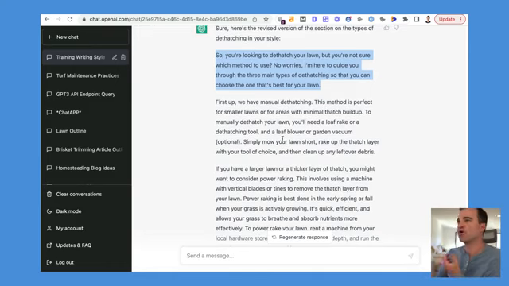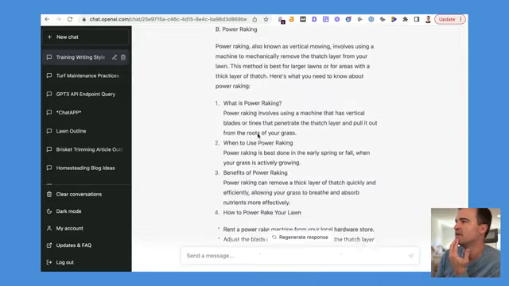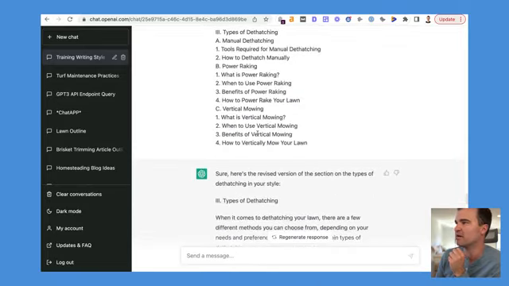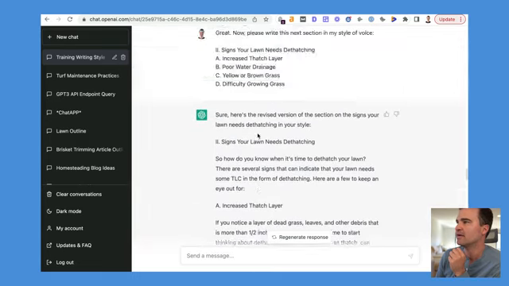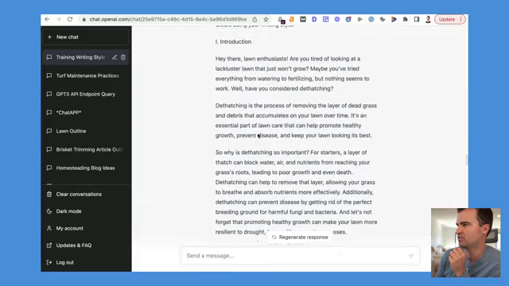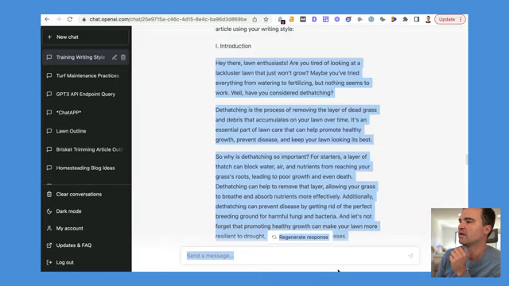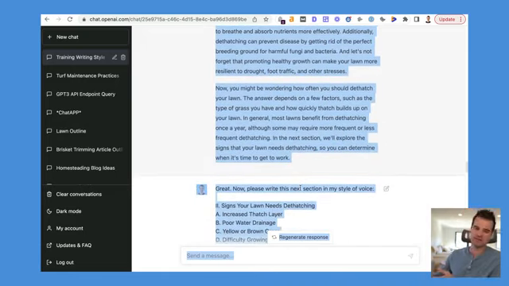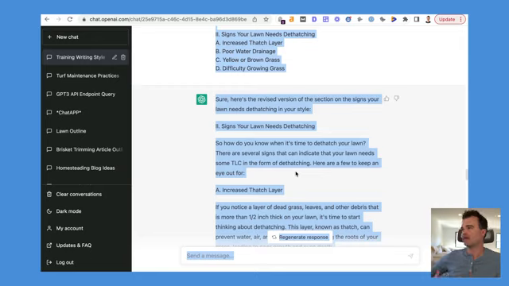Now, in terms of workflow, if you're literally going to take this text kind of as is, and you're going to do it the way that I'm doing it, which is breaking it up, you're going to want to copy and paste. Where's the beginning? So if this is the intro and you're done with the intro, you're going to want to copy this, and either using WordPress or Google Docs, paste it in, right? Because we're going back and forth and back and forth. You don't want to have to come in here and paste everything. So section by section,